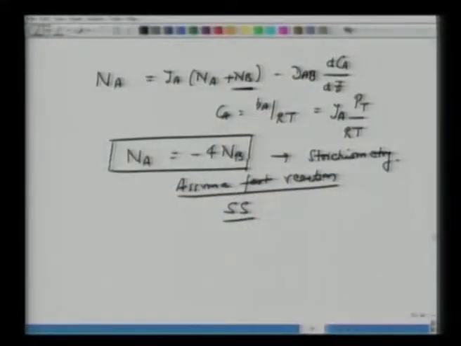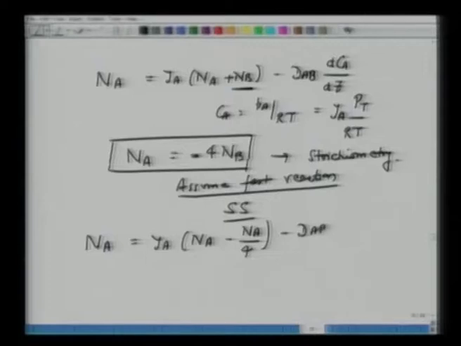Okay. So without restrictions, we write Na equal to minus 4 Nb. Of course, we bring this stoichiometry here, and then we solve these equations. So now once we assume Na equal to minus 4 Nb, all we have to do is to substitute in the previous equations. Na equals Ya times Na, and Nb is Na over 4. The minus sign signifies here the diffusion flux is in the opposite direction. Minus Dab, we go back and substitute Pt, Rt, etc. to make it Dab over Rt, we have dPa over dz.